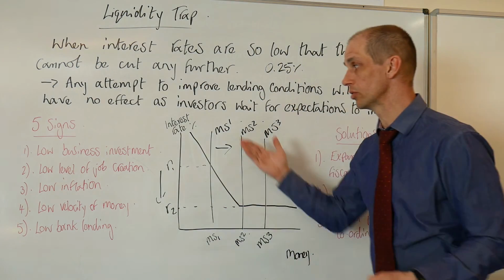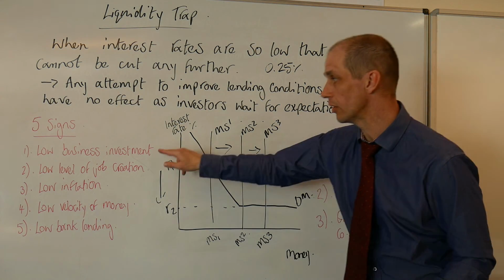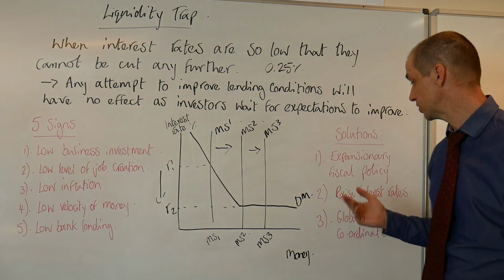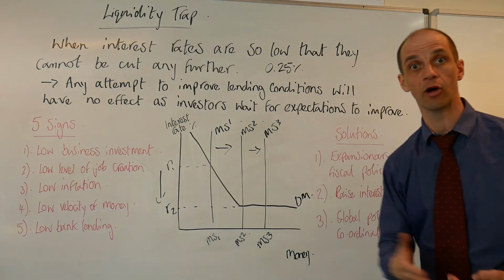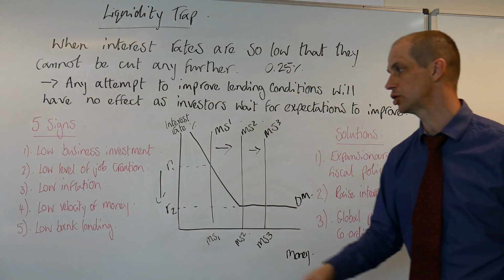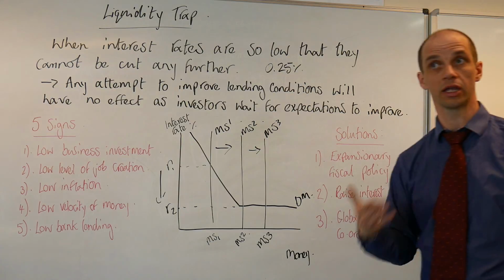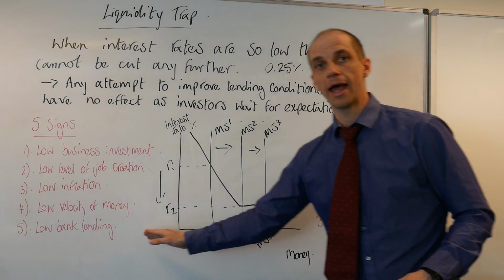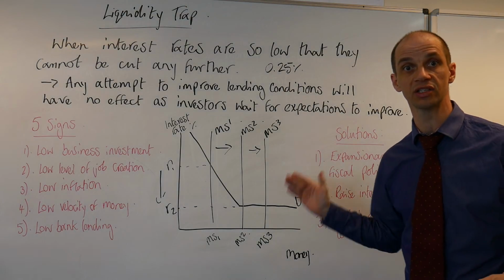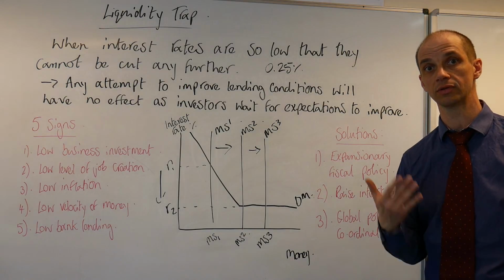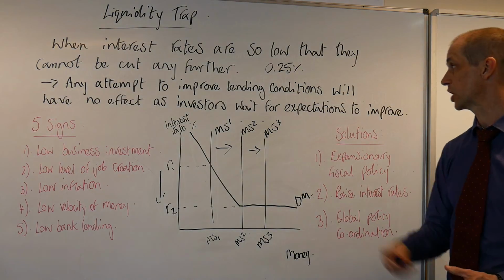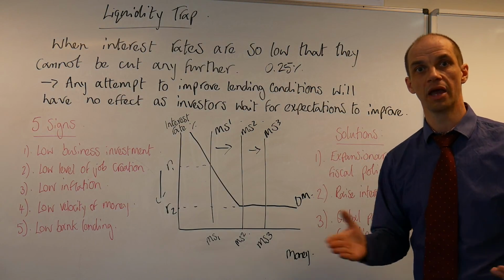If we just think about some of the consequences of this on these 5 signs, then with that third point, business investment would increase, job creation is likely to increase, and that would obviously help stimulate aggregate demand, as would our fiscal policy, and that would generate some inflation in the economy. It would also help increase the velocity of money. And if the banks are being recapitalised, perhaps because interest rates are higher and people have an incentive to deposit money into bank savings accounts, then bank lending may pick up. And those expectations about the economy may improve.